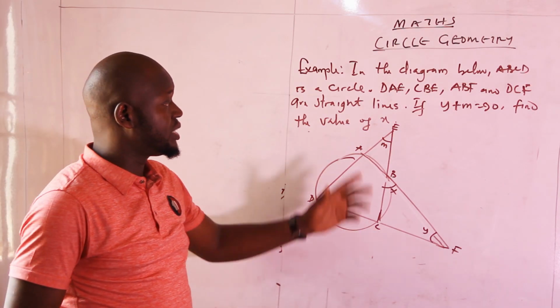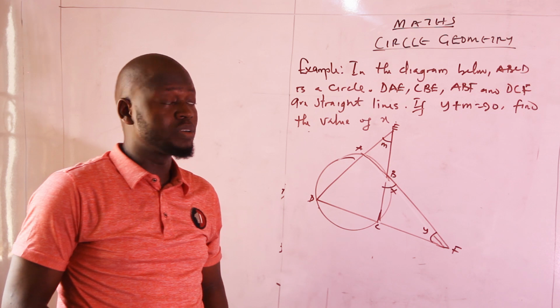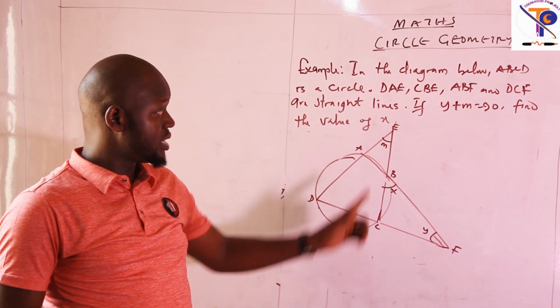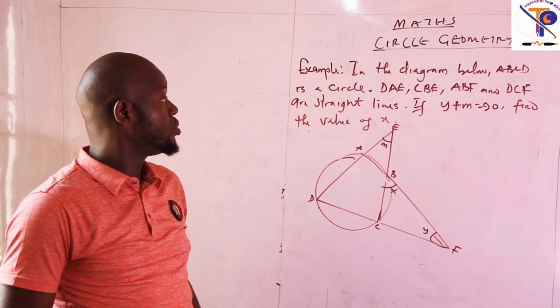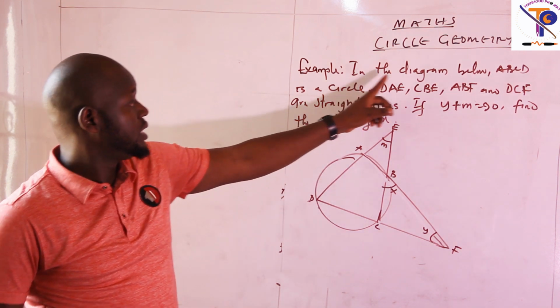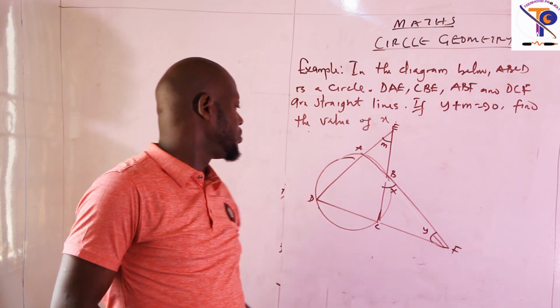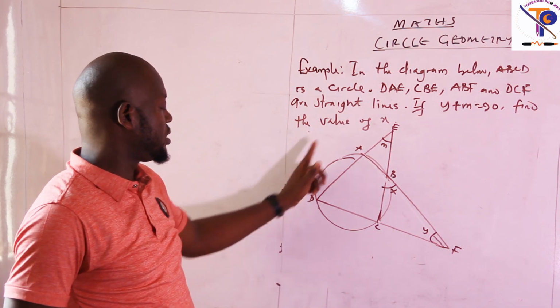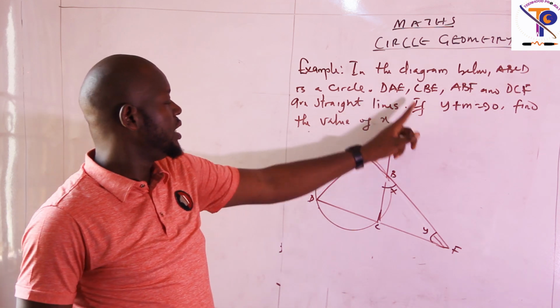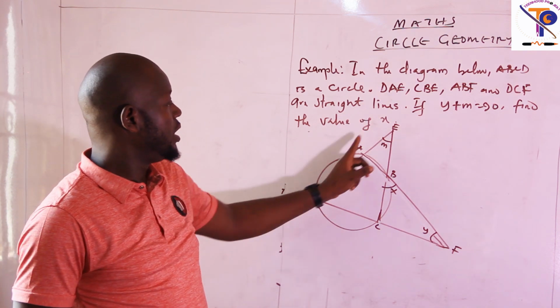A few why questions here that I think we should discuss. Take for instance, this is a why question. So let's check how this one would be solved. In the diagram below, ABCD is a circle, that is a cyclic quadrilateral. Then DAE,